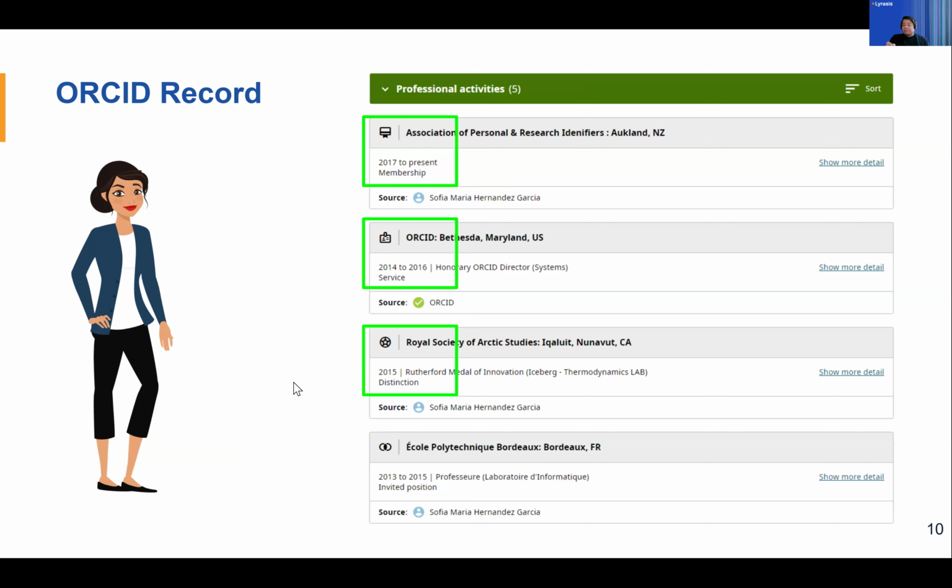You also have information about distinction. So you can add distinctions, awards that you received, for example. And then invited positions. So if you hold a position at a university or something like that, you can add that information in your professional activities as well.